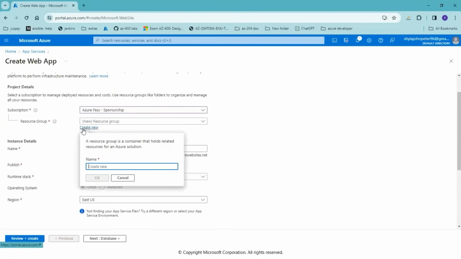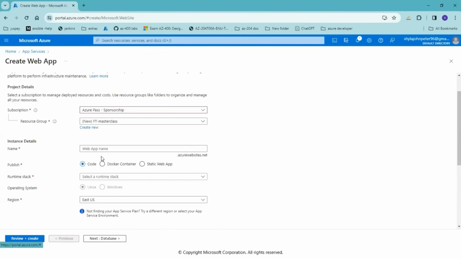A resource group is a logical entity in Microsoft Azure to group all the services that you create, for maintainability. I'm going to create a new resource group, and give a name to my web app.